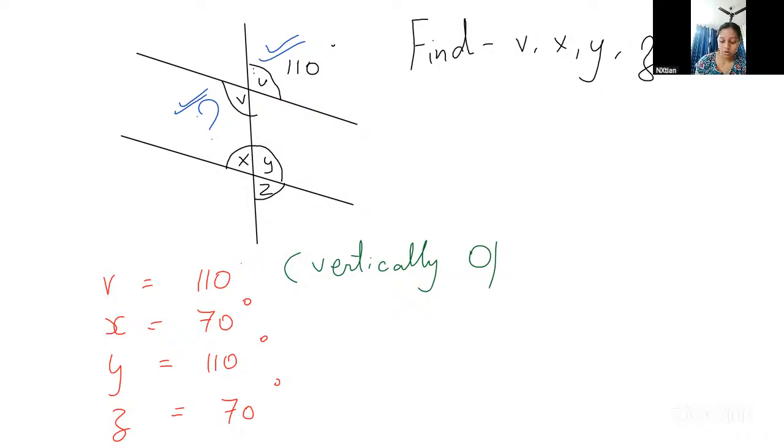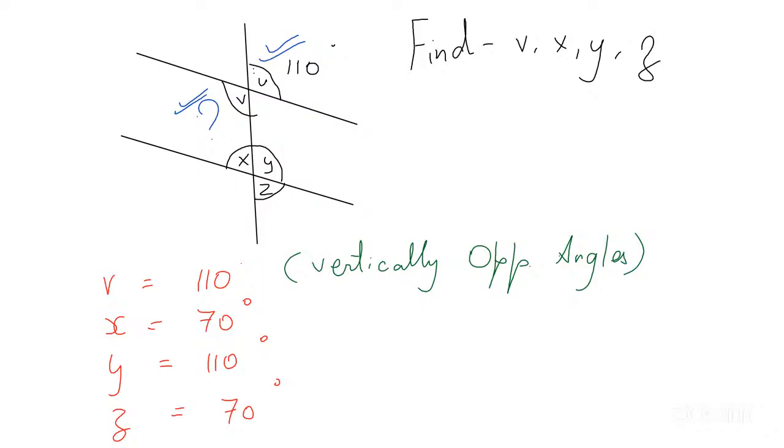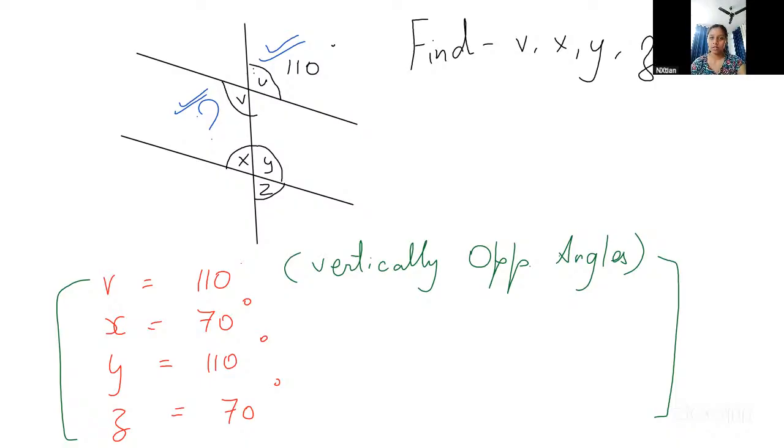Vertically opposite angles. Acha, Abraham, when you are answering, right now it's okay, but when it is coming in the paper, you will write this, correct. But if you do not write the reasons, you will lose marks, because you have to tell how or why it happened. Along with writing the measure, you also write how it happened. Is it corresponding angles? Is it vertically opposite? Is it alternate? What type of pair is that? Understood?